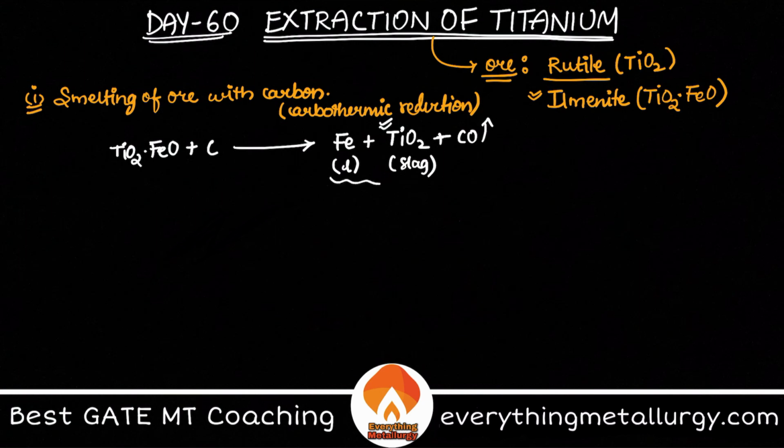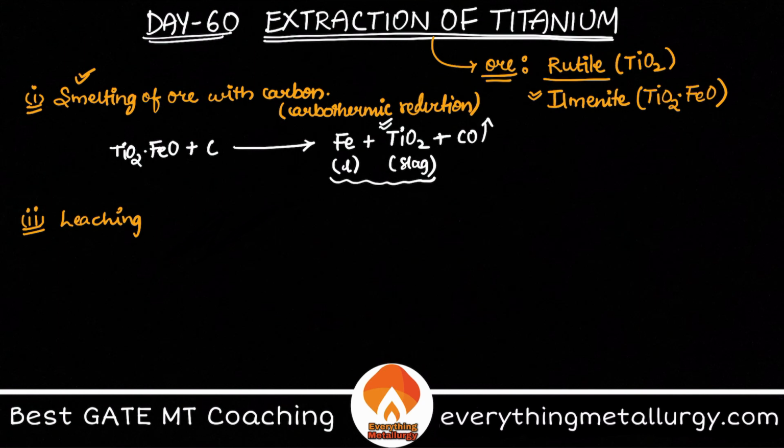So these two are the outputs of the first step. The hot metal is fine, you have recovered the iron, but there may be some FeO content still present in the slag. So this slag is not pure TiO2. You have to further refine it to improve the percentage of TiO2 present in it, because you want a high grade TiO2. For that, you go to the second step of leaching. The first step is a pyrometallurgical process, smelting. Now we are using a hydrometallurgical process, which is leaching.